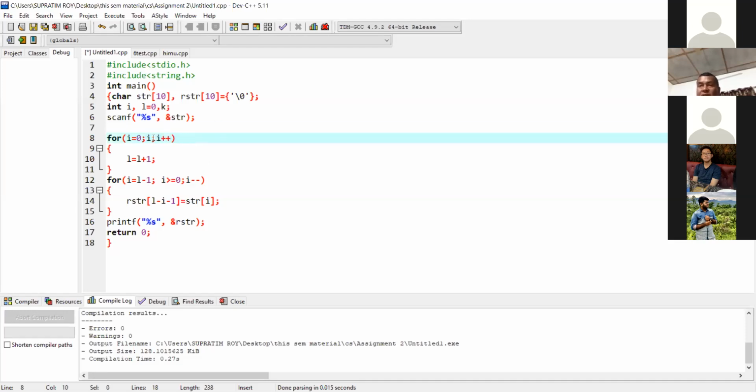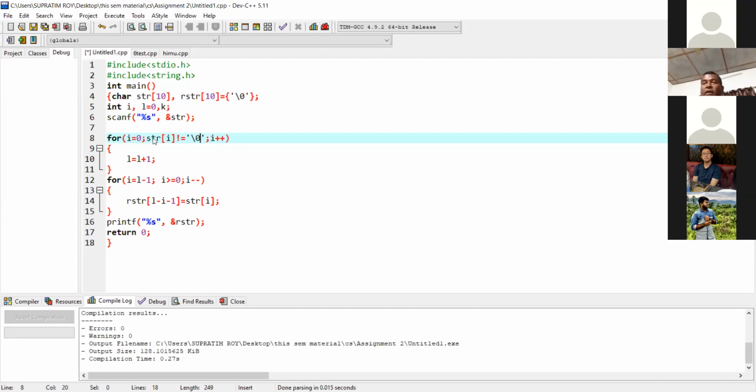Just now I have given, na? i is less than or equal to null pointer. Not i, the string i is not equal to null, then i plus plus, then L.